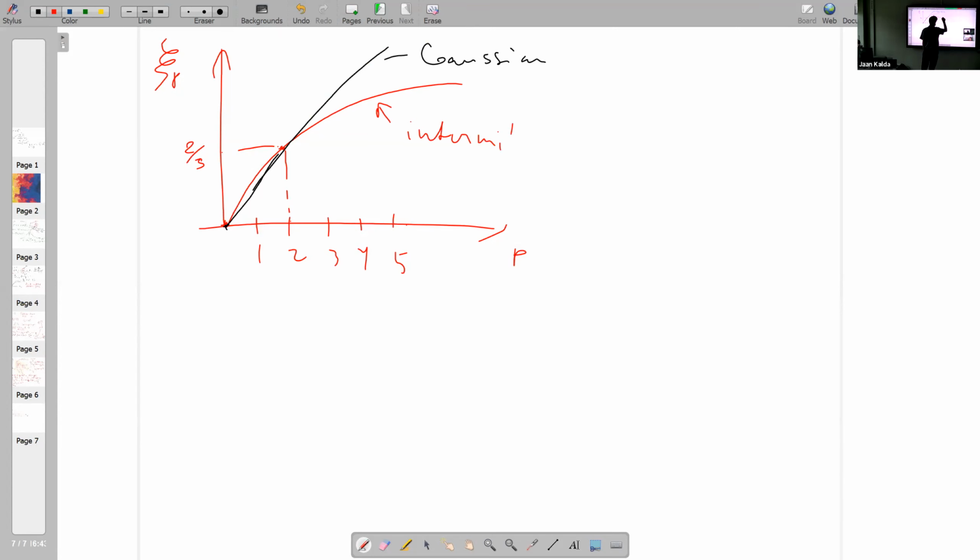And very intermittent, that's that. What does that mean? Why do I say very intermittent? If we look at the velocity, you can do the same thing for the velocity spectrum actually. Velocity differences, if we take velocity differences at scale A to the power of P and average how it scales, in the case of velocity differences, it's much closer to the straight lines than in the case of scalars. So basic scalars are very intermittent